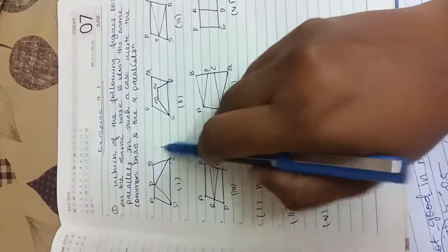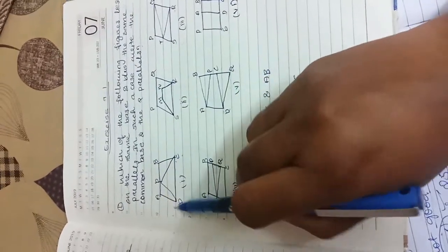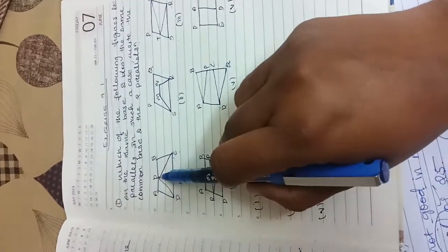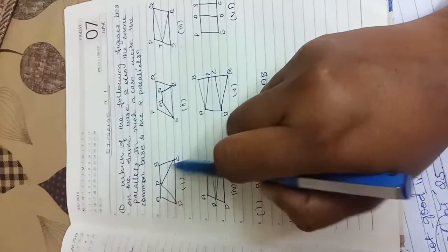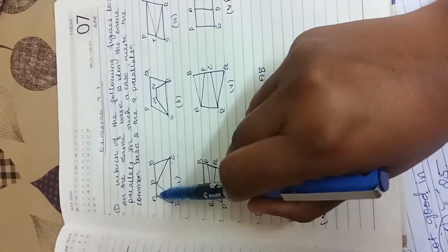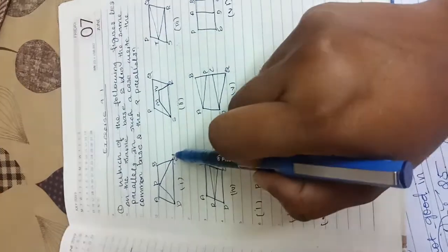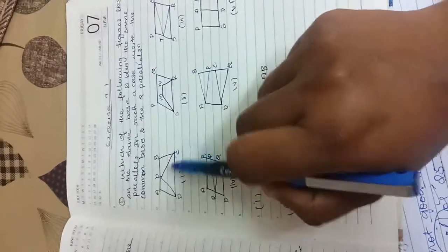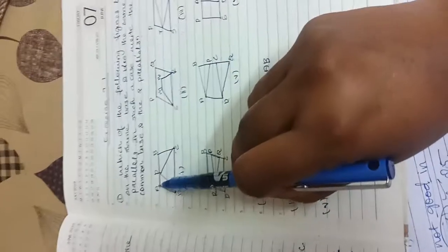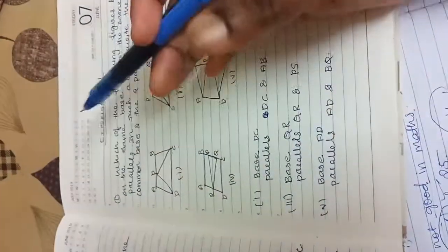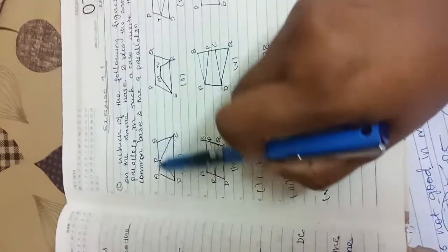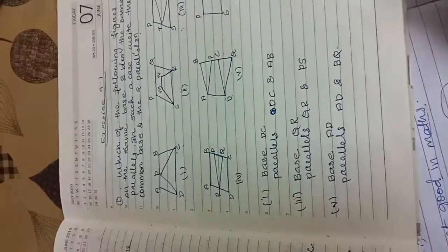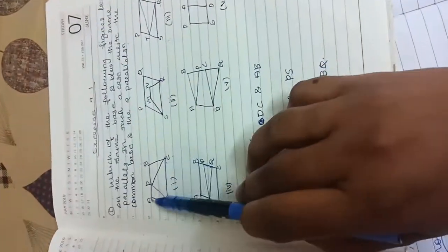If you are checking here, one, you can see this is one trapezium, another one is a triangle, correct? And AB and CD are the parallel lines, because on the line AB we get 3 points, and on the line DC this is the common base. So this is the common base DC, and the points of the trapezium and triangle other than D and C all coincide with this line AB, correct? So we can write here the base is DC and the parallel lines are DC and AB.